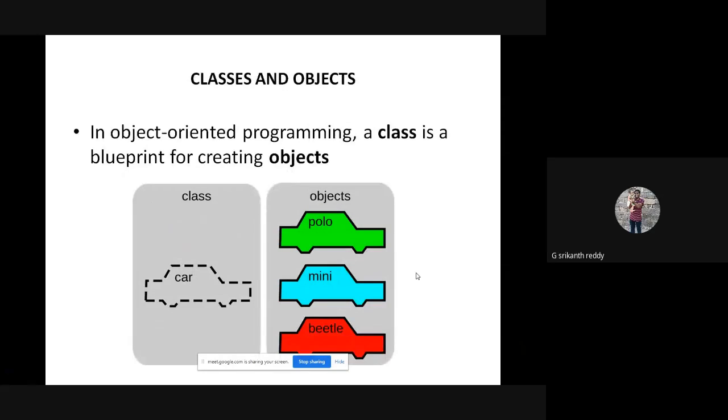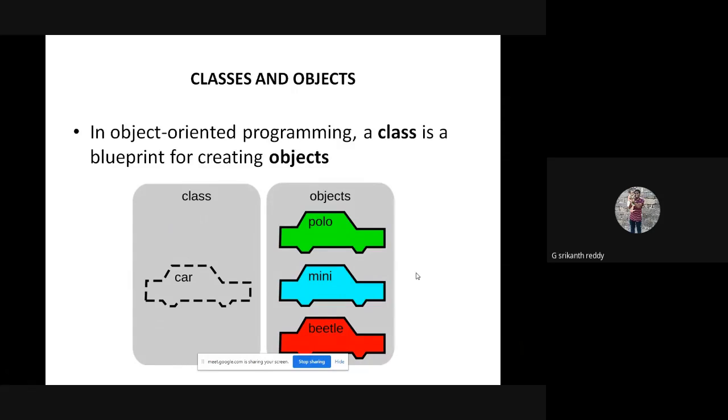Before going to discuss the OOP concepts, let us know about the basic building blocks of object-oriented systems. They are classes and objects.